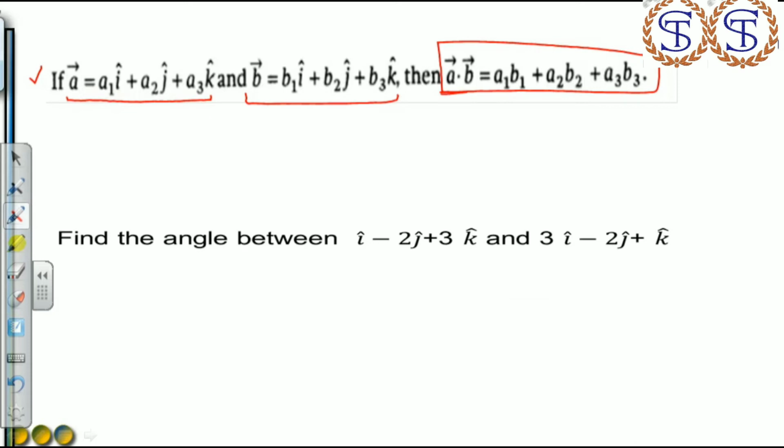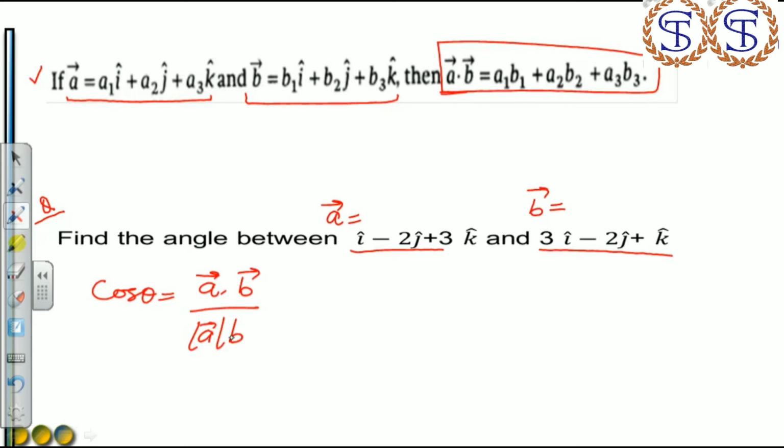Okay, now next, by using the above concept, let's see one question here. Find out the angle between these two vectors. Here we have the two vectors, let this be A and here it is the B vector. Now how can we find the angle between the two? We have one formula for this, that we have just read: cos theta is equal to A dot B upon modulus of A and modulus of B. Now first of all, to use this we have to find out what A dot B actually is. So how can we find A dot B, the dot product of two vectors? Here we have the formula. By using this we can find the dot product of A and B.